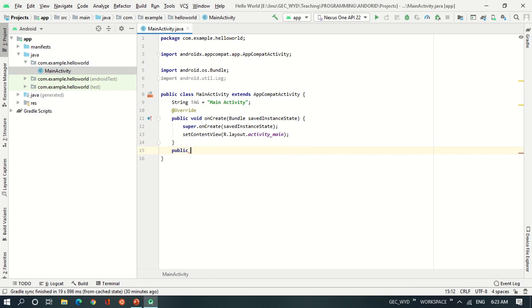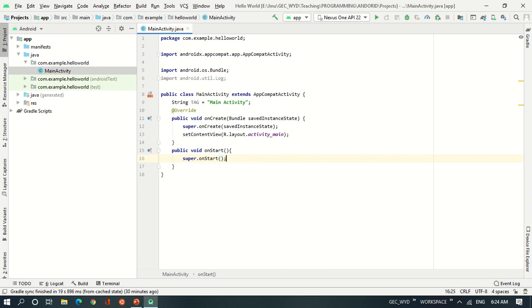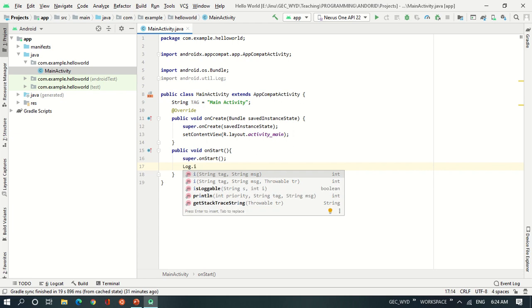So the first callback function I'll write is onStart, and then I call the super method of this onStart, the method which is defined in the base class. Then I'll give a log. This log can be of any type: debug, assert, error, info, verbose, etc. Each of these logs will be listed in the console or the Logcat whenever this function is executed. So let's say I go with info and I say tag, which is basically the string here,